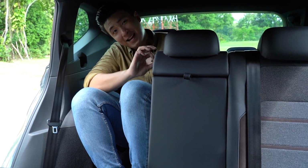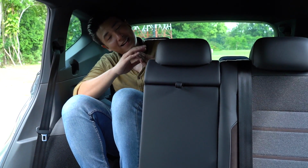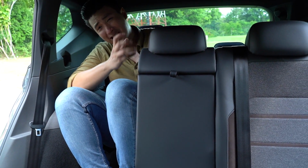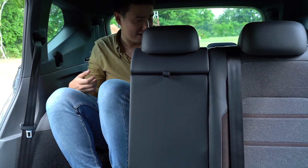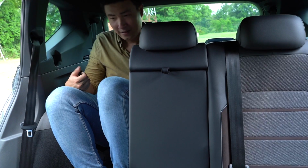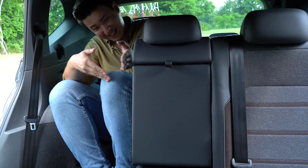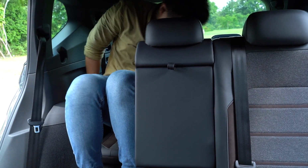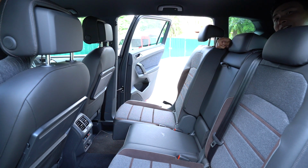A few moments later. I must say that it's very important to note that the back seat is definitely for kids, children, or children-sized humans. There's no way, even if Julian were here, you wouldn't be able to fit in. So yeah, as you can see, my leg is sticking out. I can't even... Okay, wait, let me try and get in. Oh yeah, okay, you can fit me, but...